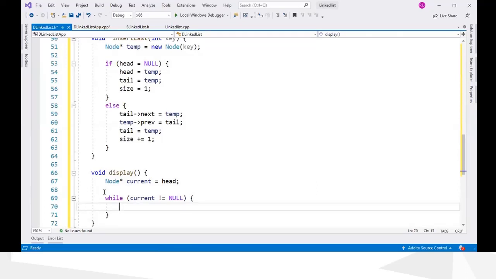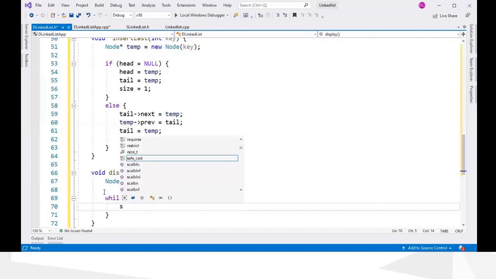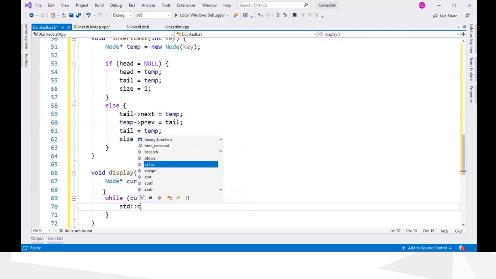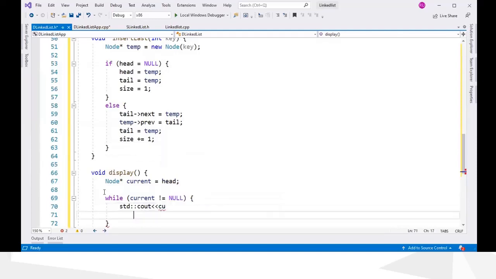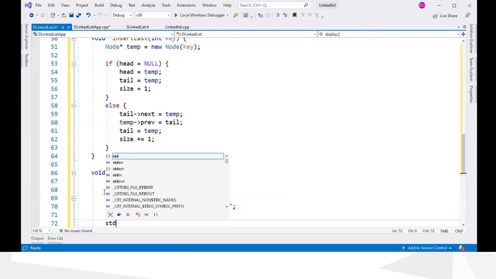So while current is not null, we put the node value, and we print some space here, and at the end we put a new line.